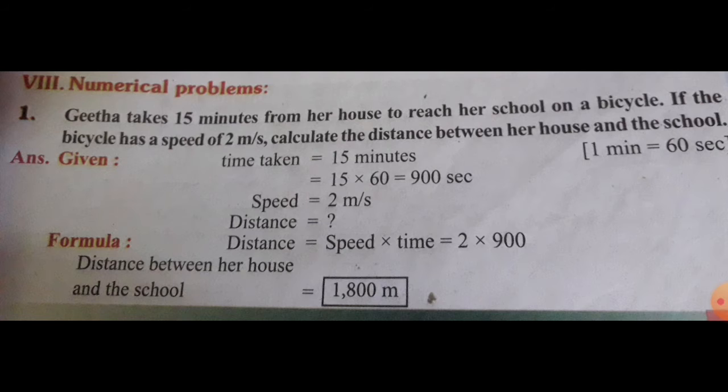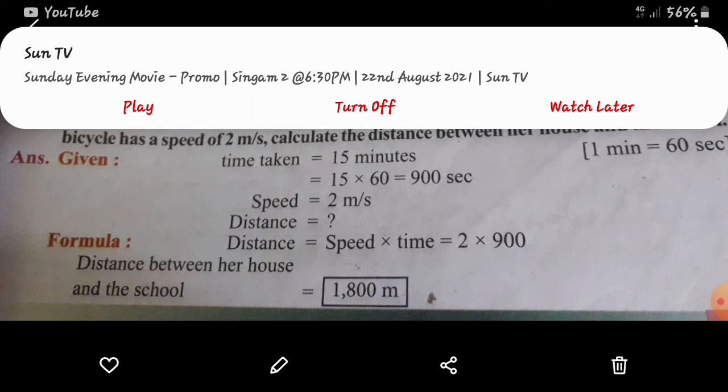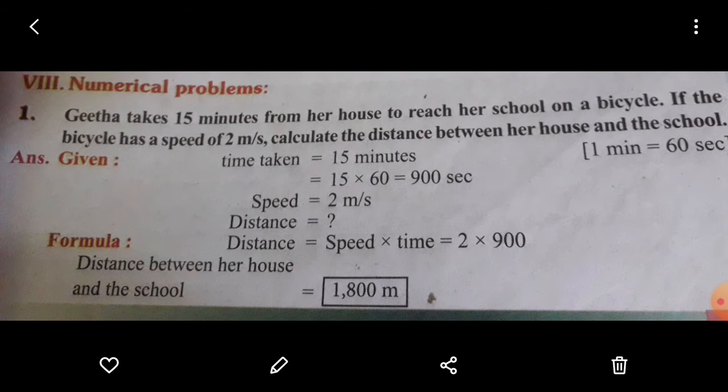First you have to calculate the distance. You know, children, 1 minute is equal to 60 seconds. But time is given only in minutes, so you have to change it to seconds. You see 15 multiplied by 60 seconds. Why do you multiply by 60, children? Because time is given only in minutes, so you have to change it to seconds. 1 minute is equal to 60 seconds. That is the main reason you multiply by 60. So 15 into 60 is equal to 900 seconds. So you get the time, children, 900 seconds.